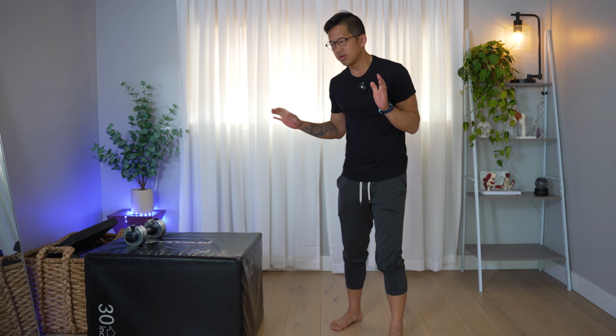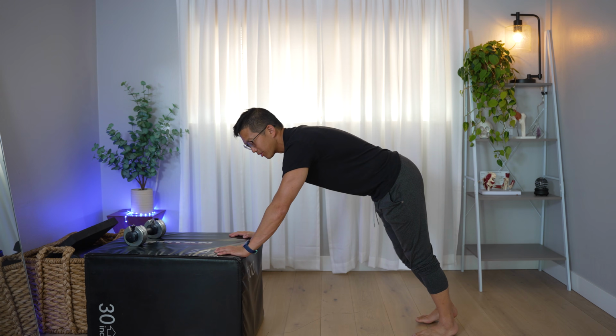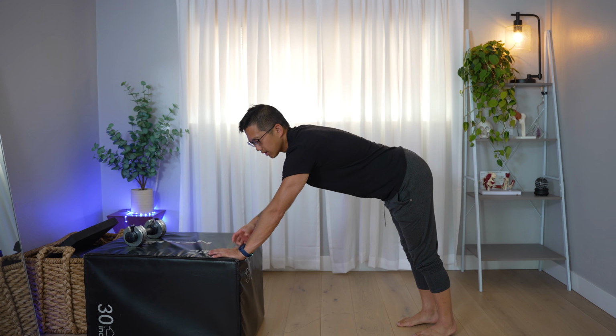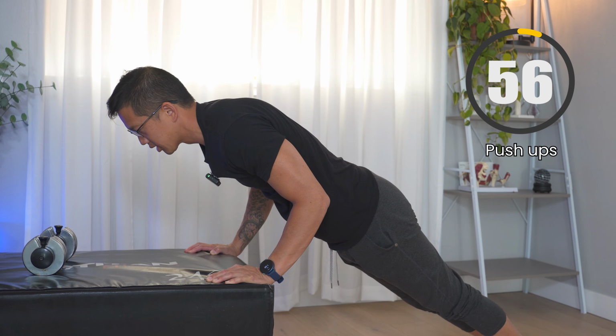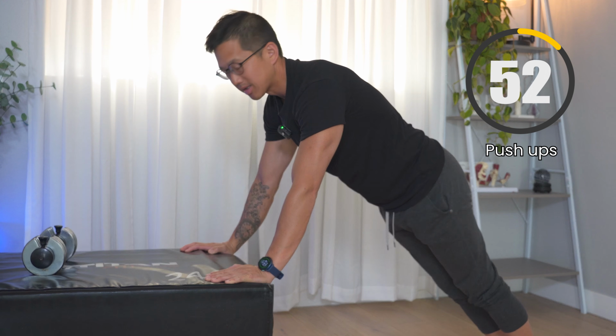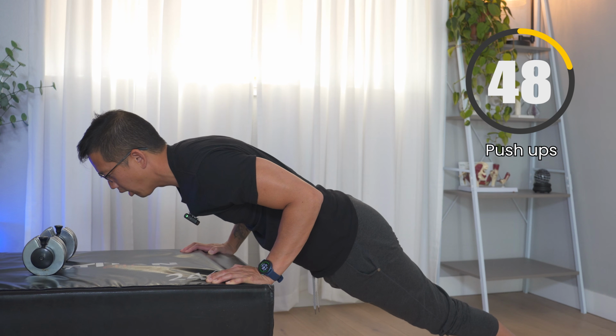All right, let's get next to your countertop or your couch, or if you're doing push-ups on the floor, you can do them on the floor. Just make sure you're strong enough to do them. All right, 1 minute of work, here we go. Only go as low as you feel you can control. If you feel like you can't go very low, then use a higher surface, use a higher countertop, use the wall,